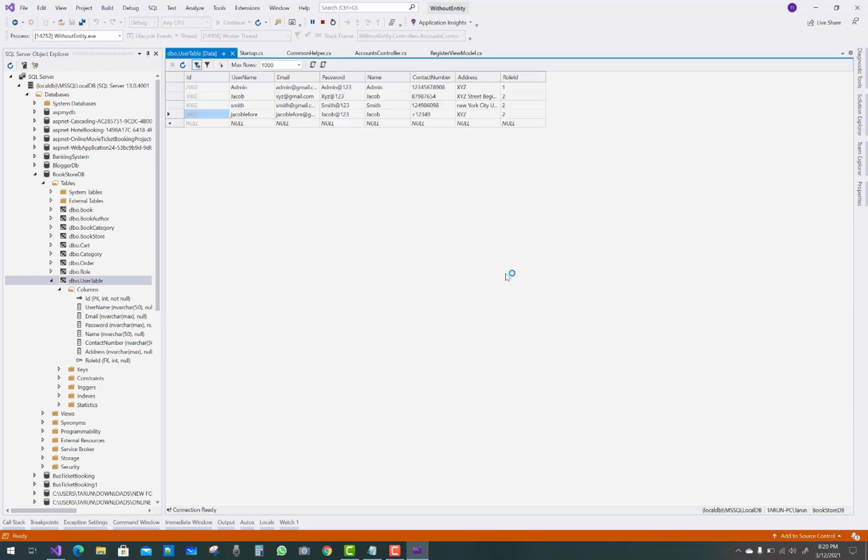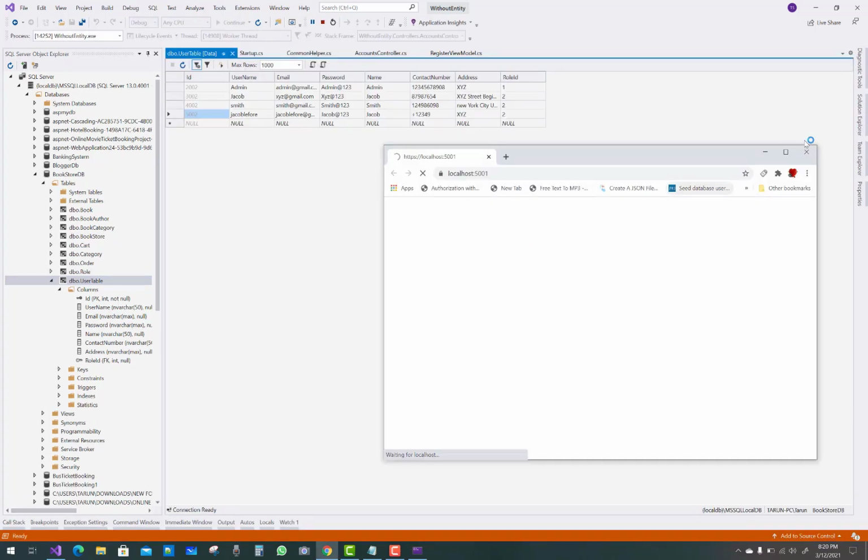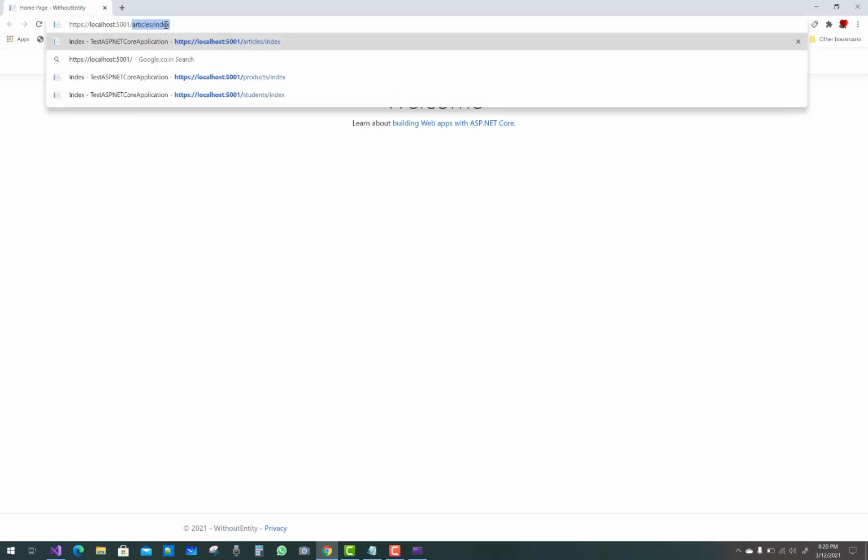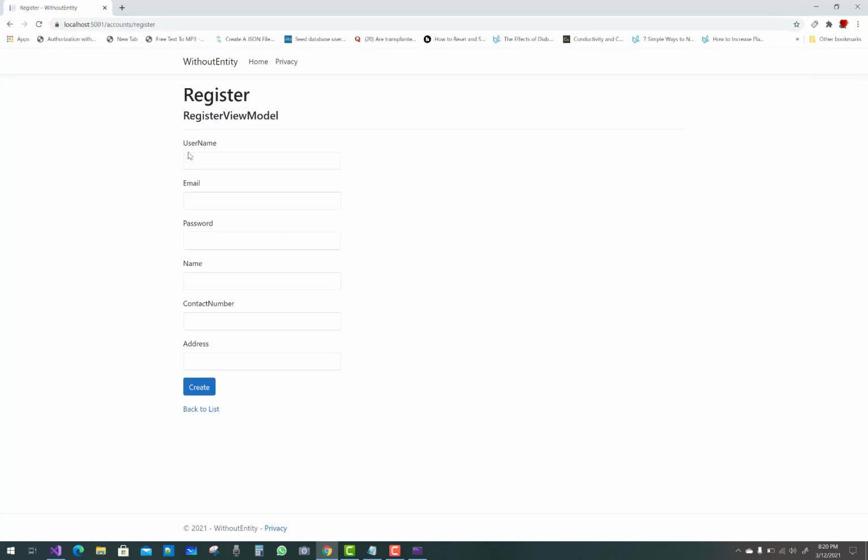So just remove it and try again. The value is similar. Okay, password is there, name, contact number.